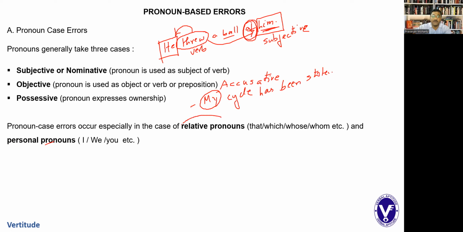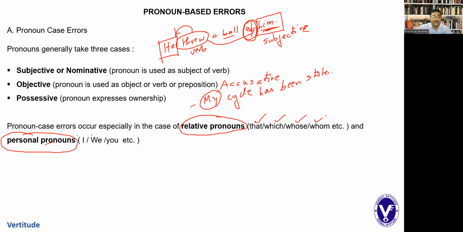ऑफ रिलेटिव प्रोनाउन। ये दोनों एरिया में एरर्स होते हैं। व्हाट आर द रिलेटिव प्रोनाउंस? दैट, व्हिच, हुज, whom। इसको हम इंटरोगेटिव प्रोनाउन के तौर पे भी यूज करते हैं। बट जिस सेंटेंस में ये यूज होगा, अगर उस सेंटेंस के एंड में एक क्वेश्चन मार्क है तो फिर हम उसको इंटरोगेटिव कहेंगे। अगर फुल स्टॉप है तो उसको हम रिलेटिव प्रोनाउन कहेंगे।